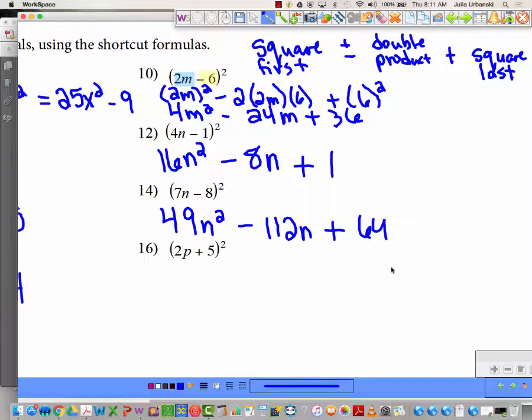This only works in these two special cases. Please don't try to use them all the time. All right, last one. 2p squared. What do we get? 4p squared. For the middle, 2p times 5 is 10, and then you double it, and you get 20. And then the last one